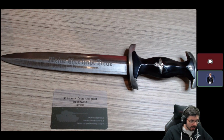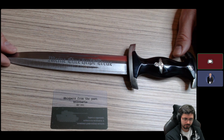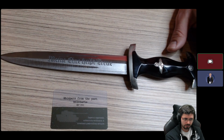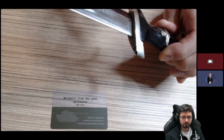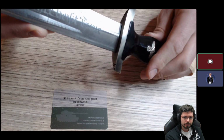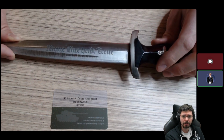Got a question from Sir Draglor. Draglor is saying, there is no fuller on the blade? Sort of translate that, can you be a bit more descriptive? What is he referring to? Is he referring to a stopper here? Is he referring to a stopper on the crossguard, perhaps? I'm not sure. We'll see. We'll just wait for him to respond. While we wait for him to respond real quick,